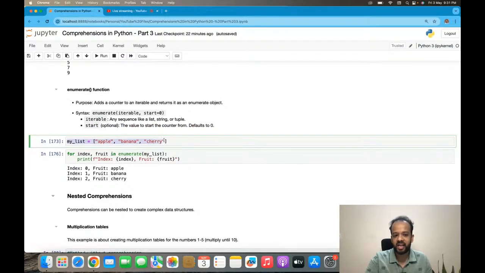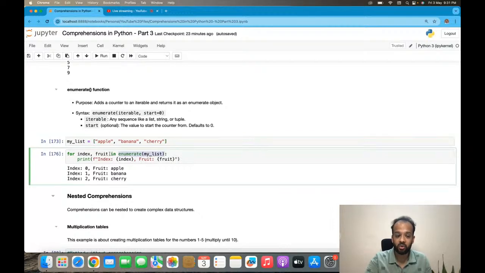Now, I've defined my list: apple, banana, cherry. And now I'm saying for index, fruit in enumerate my list. Notice this syntax. I am mentioning two variables in the for loop, index comma fruit, because enumerate is actually an enumerate object which gives you two kinds of values. The first one is the index, the second one is the element from that iterable itself, which is in my list. Basically, the first element is apple, so fruit will be assigned apple and index will be 0